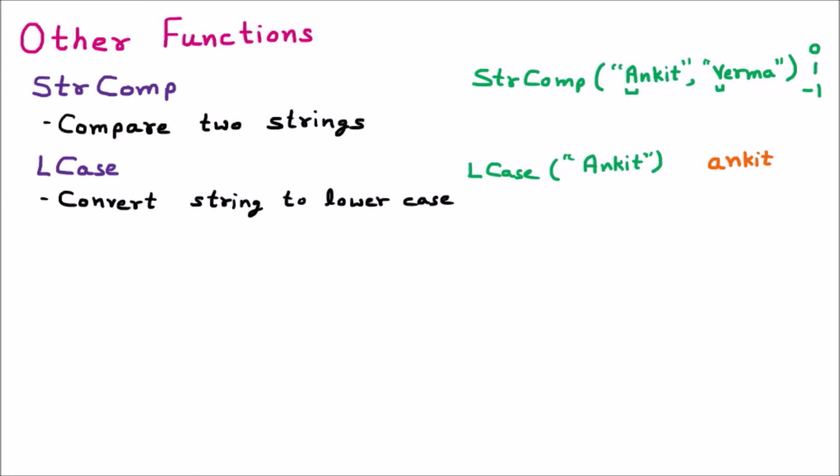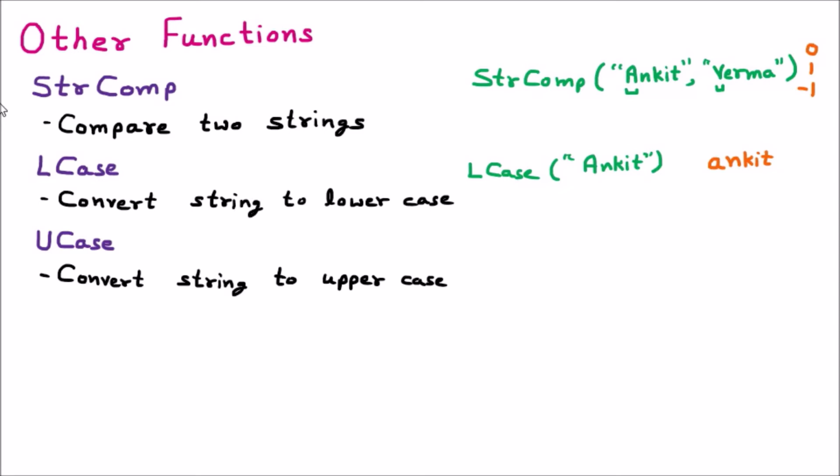Now the next function we are having is ucase. As the name signifies, this function is going to convert the string to uppercase. If we are writing ucase in the system, and in the bracket we pass some string, let us suppose we are passing Ankit here. Afterward, it is going to return the whole string in capital letters. So here A will be as it is, then afterward NKIT. So this is how all of it will come in capital letters.